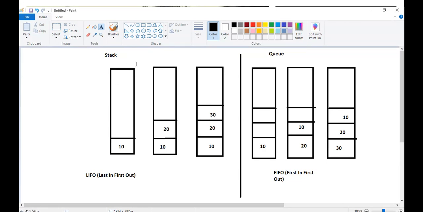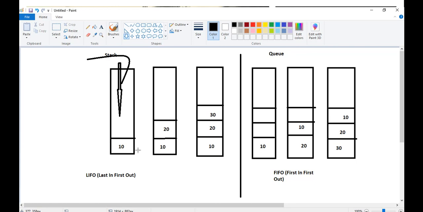If I'm removing the element, it will be removed from this end. As usual, I'm inserting from this side. So insertion and removal will be done from this end.